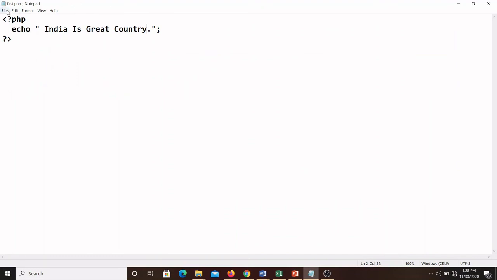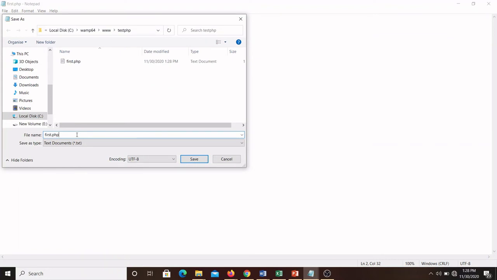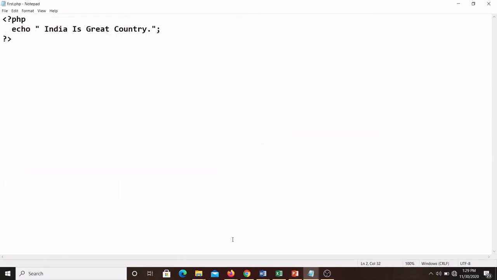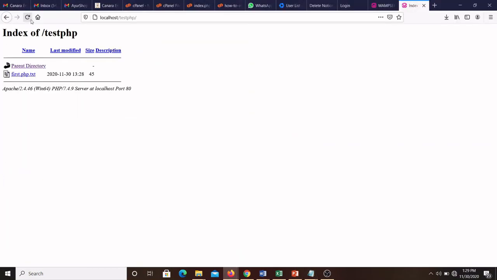So click File, Save As, and always keep the file name inside double quotes along with the extension. Then there is no chance it will be treated as a text file. You see, it is coming now. That's why I always use double quotes, opening and closing, but this is only applicable for Notepad. Now you can click, see, the output is coming.